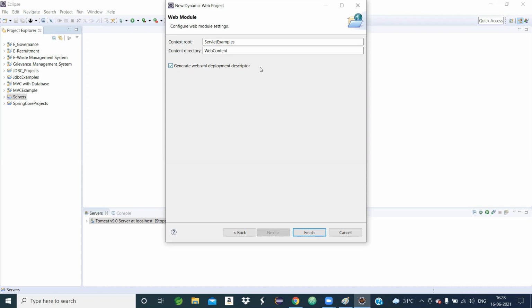But strictly speaking, you remember, you have to put a tick mark. If you do not put a tick mark, then the web.xml file will not be created. Then click on the finish button.